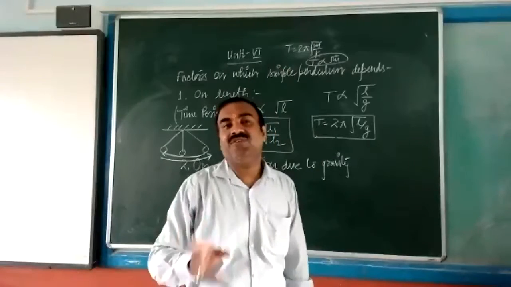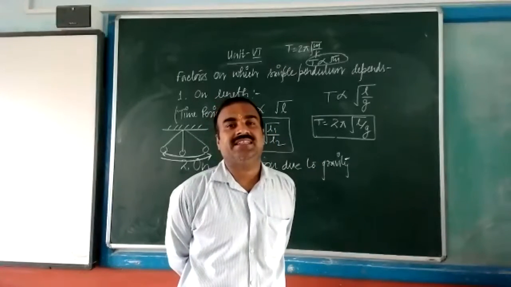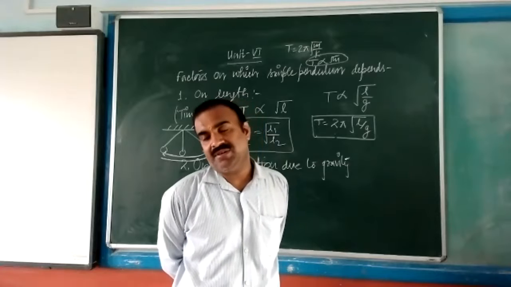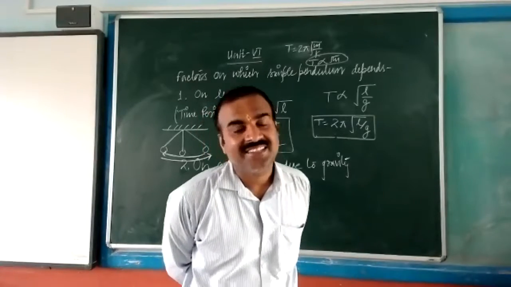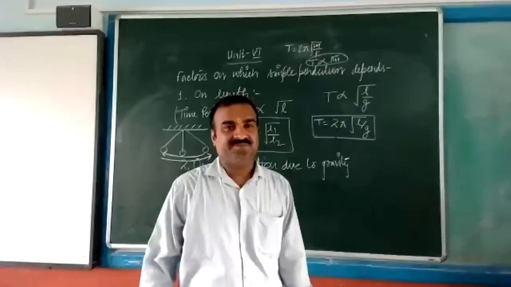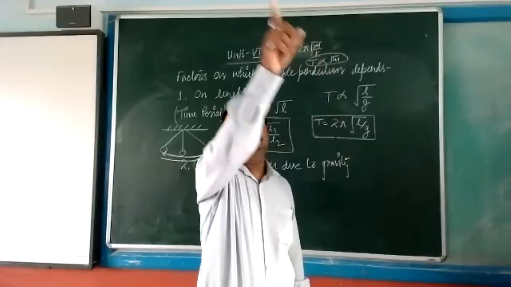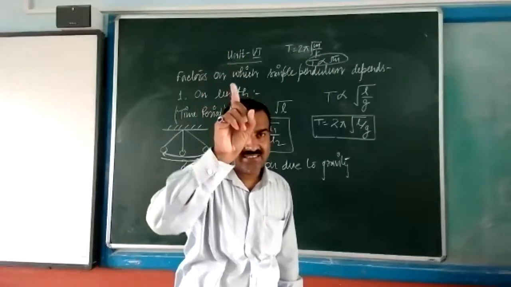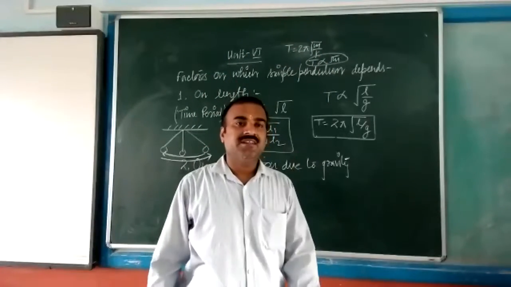How much will it be? One oscillation. Just tell me. If any object is going to complete one oscillation, then how much angle will it take? Just tell me. 360 degrees. Just take the example of a watch. It is going to start, and again complete one oscillation. How much is it? 2 pi. That's why I'm going to take it.